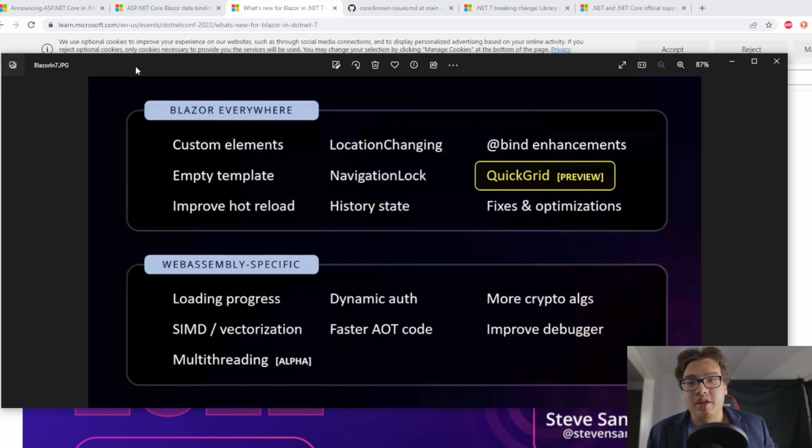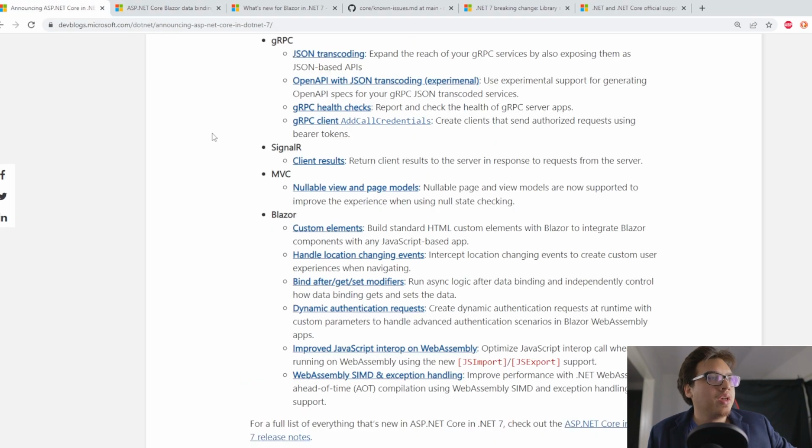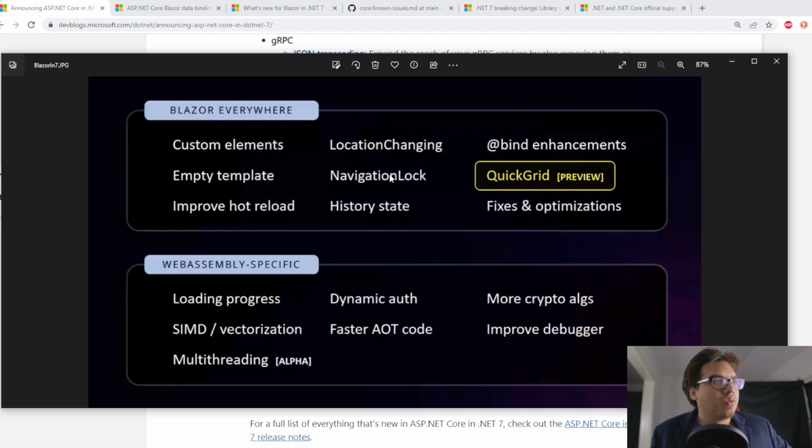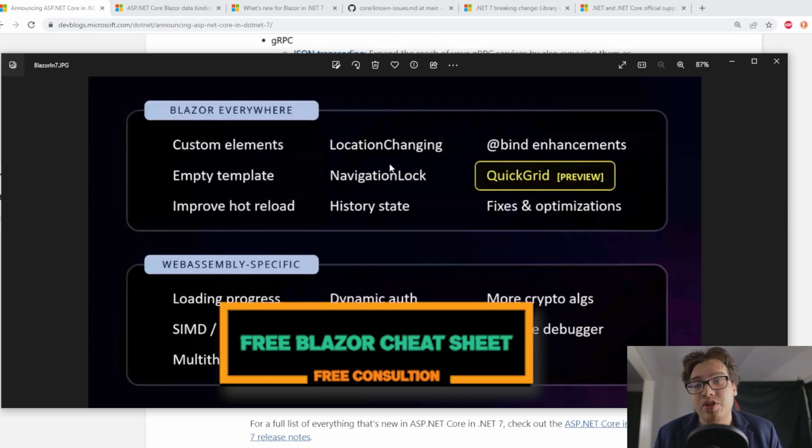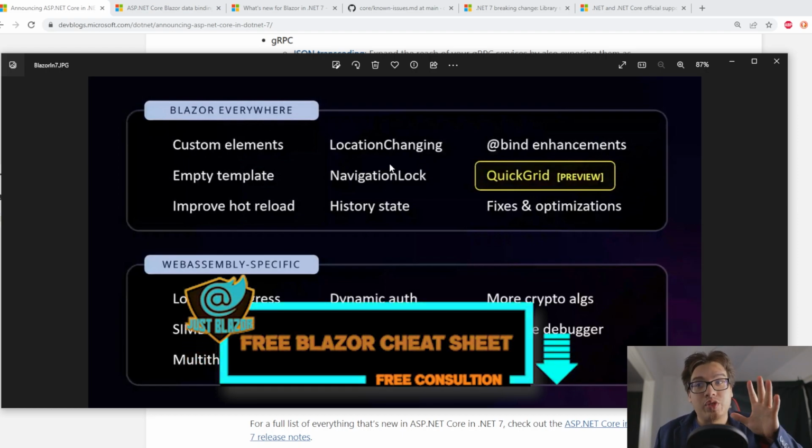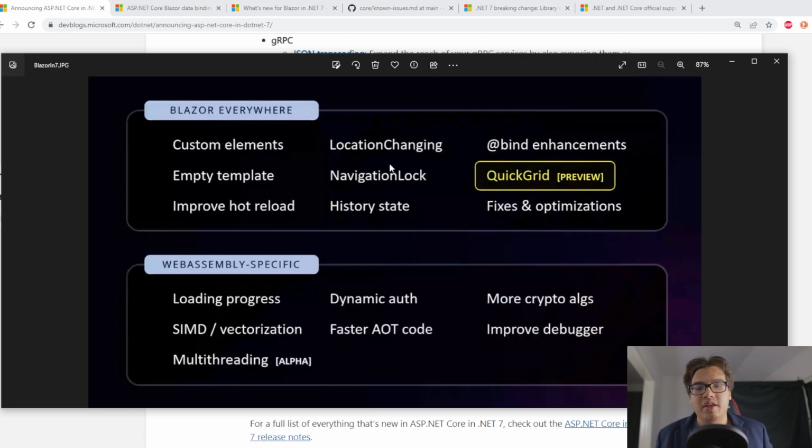Location changing and navigation lock essentially allow you to do more with navigation. So they work kind of together, and you can consider these two the same kind of thing. Basically, they allow you to detect the navigation of a page, and then navigation lock allows you to stop someone from navigating out of the page without going through the extra process of adding any code. Blazor was not really good at handling this before. You would have to do some extra work to